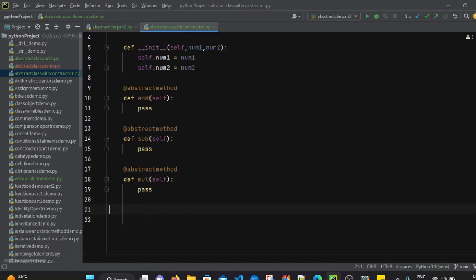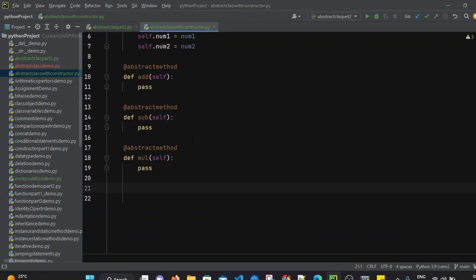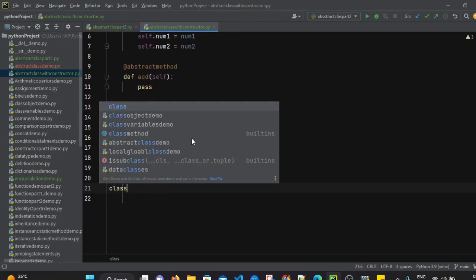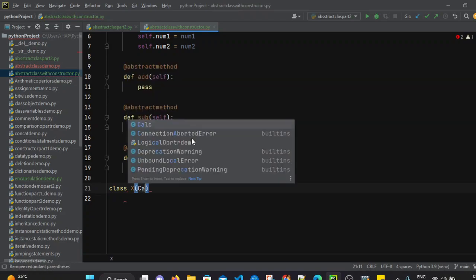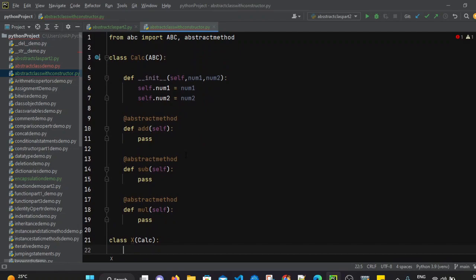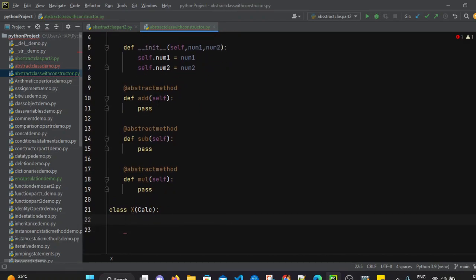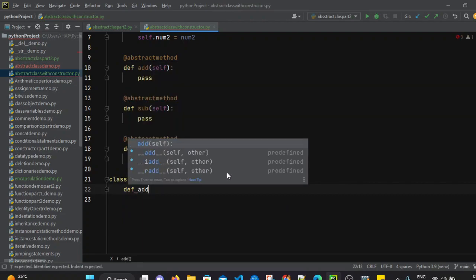Now we will create another class, that is the subclass of this class. So how to create the subclass? I am just creating a class, let's say X, which will extend the class calc. In this class we have to implement the methods, right? So we have to implement these three methods which we have defined as abstract methods. So first I will define add,